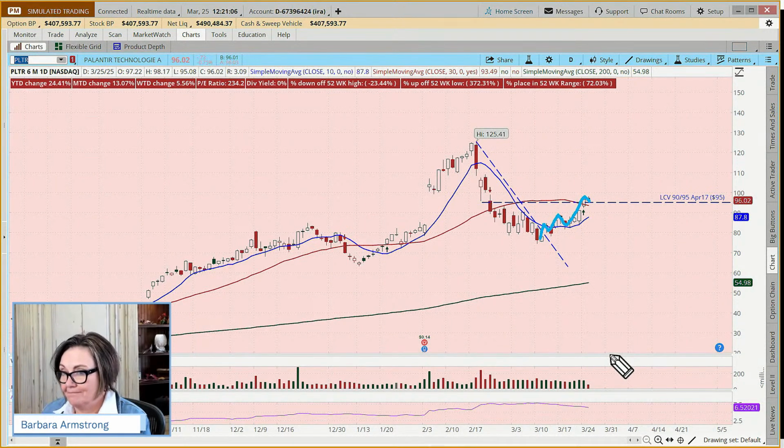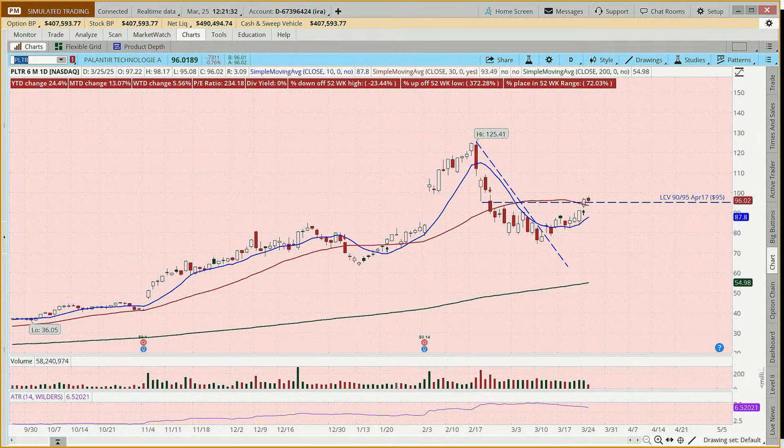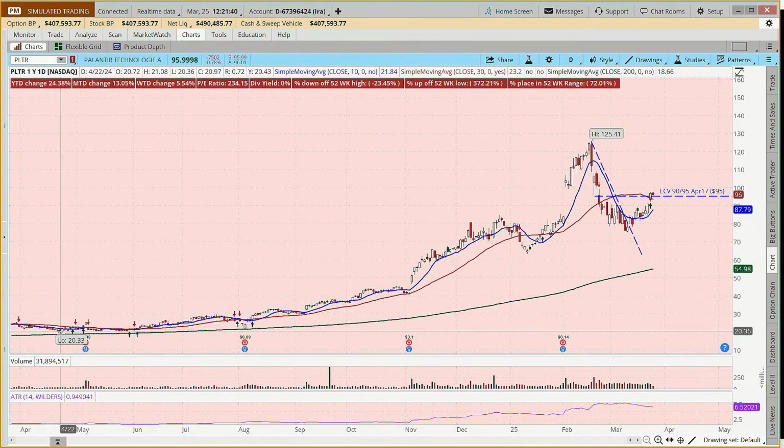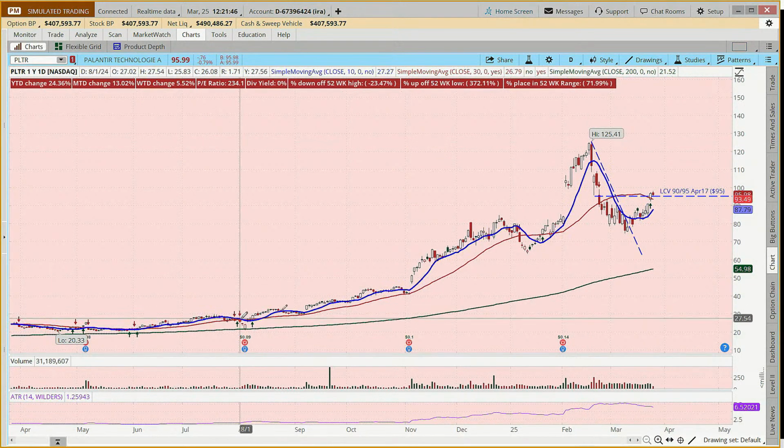Yeah. And so, are you going to look at this and go, you know what? I missed it, because the entry was obviously on this day, on the 12th, and I didn't get in that day. So now this stock is dead to me. Not at all. Keep in mind, if we look at a 1-year trend for this stock, let me just change our time frame. This has gone from $20 to $125 a share. And so there are many points along the way.